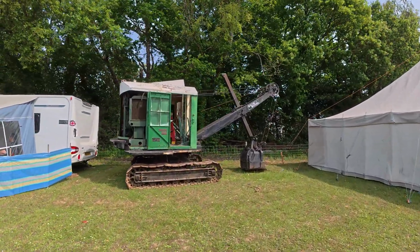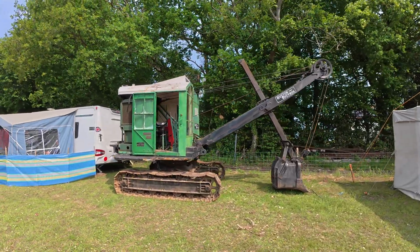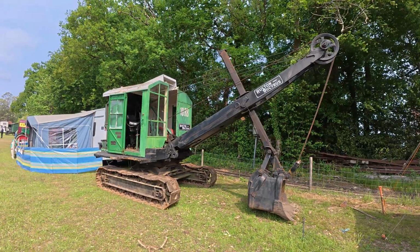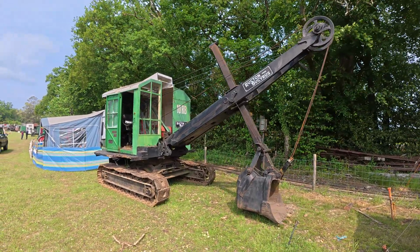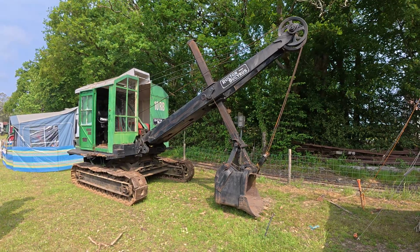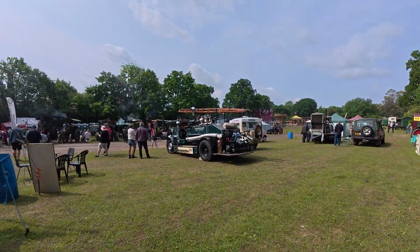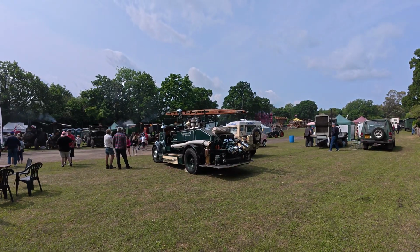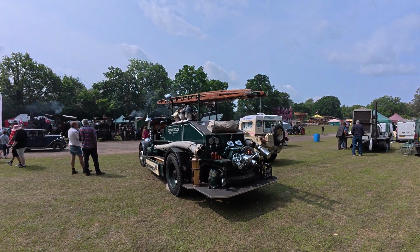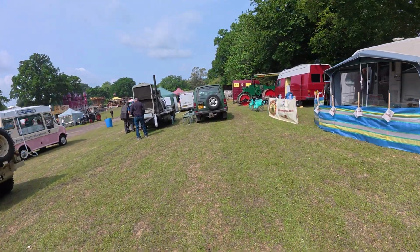It's one of these doing the same job as what, say, a digger would do. Yeah, it is a digger, but I don't see many of these around. I saw it last year actually, but it's the only one I've ever seen. I've never seen a fire engine in green. I just don't get that. So if we move along a wee bit,